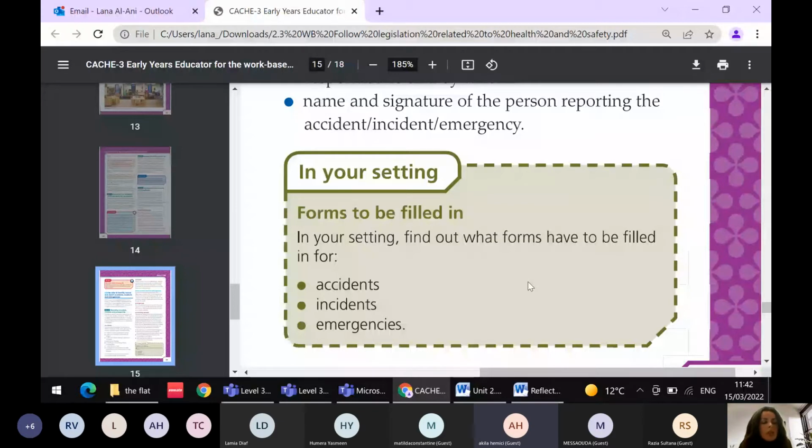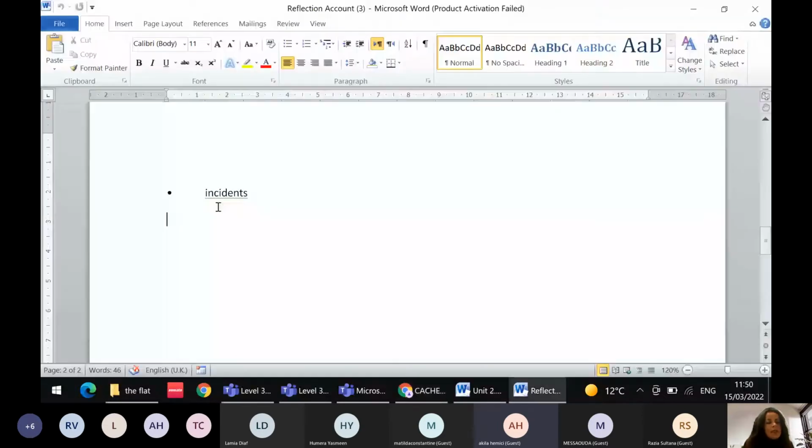So for you to answer this question about the incident, just say in my nursery, I always make sure I do risk assessment to avoid any hazard or any risk involved. However, sometimes incidents happen, like a child could go missing, or a water pipe could burst, and then there's a flood in the